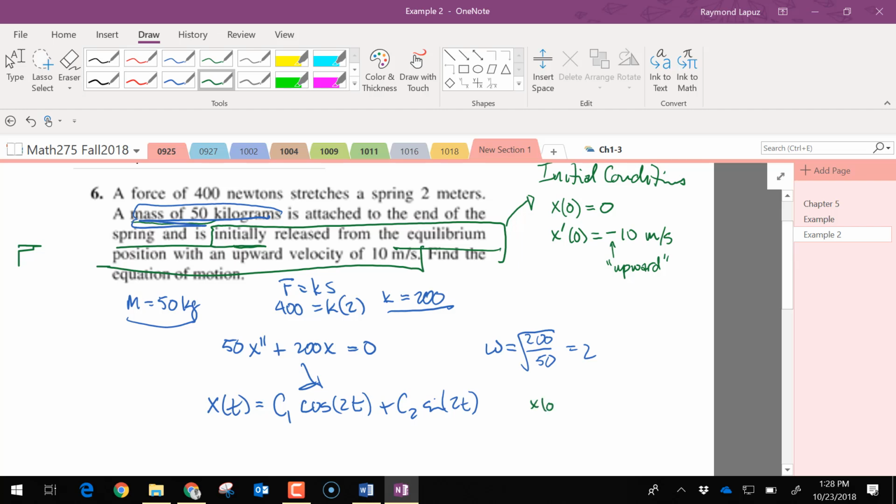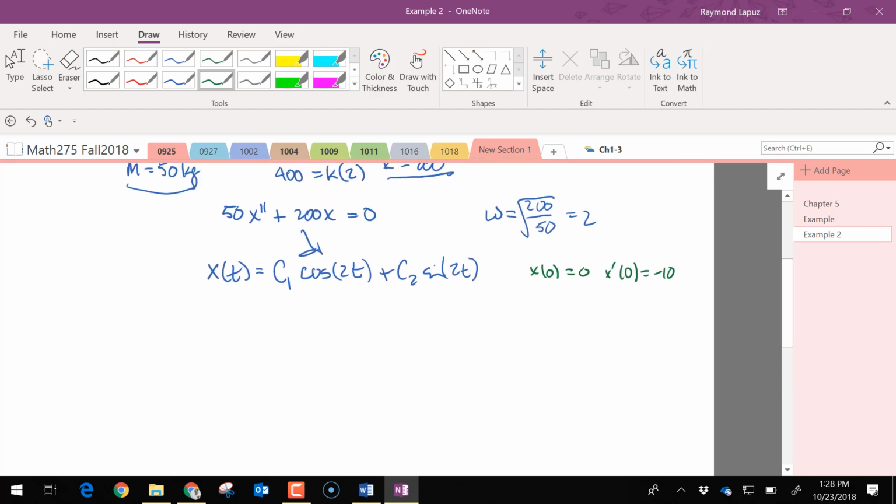We have x of 0 is equal to 0, x prime of 0 is equal to negative 10, and everything is in meters and kilograms and stuff like that, so we don't need to change any of these numbers. And we go ahead and plug those values in. So we take the derivative: x prime of t is equal to minus 2 c1 sine 2t plus 2 c2 cosine 2t. And we put in the initial conditions when t is equal to 0, then